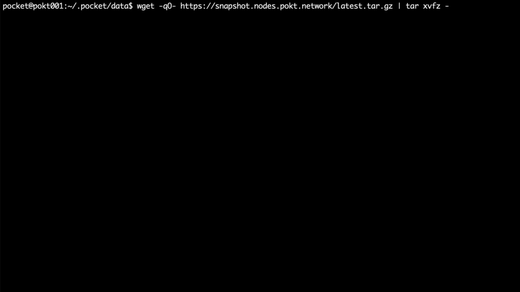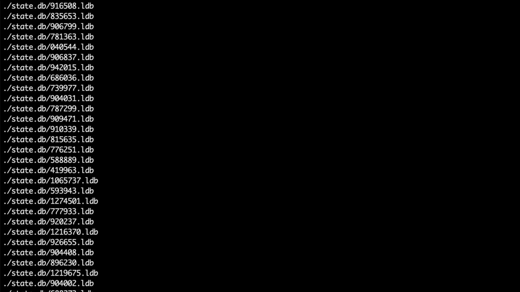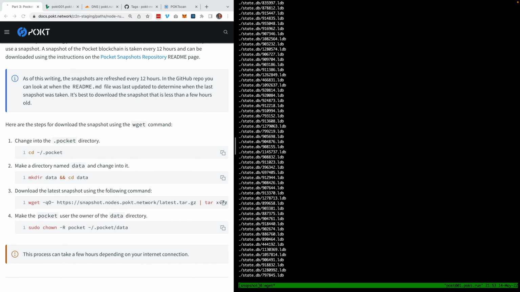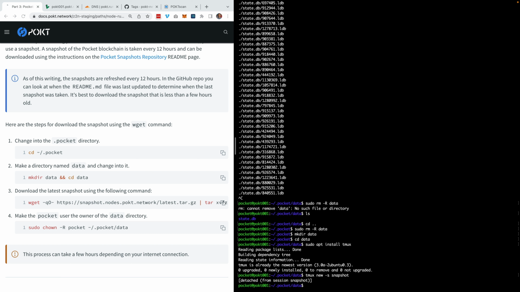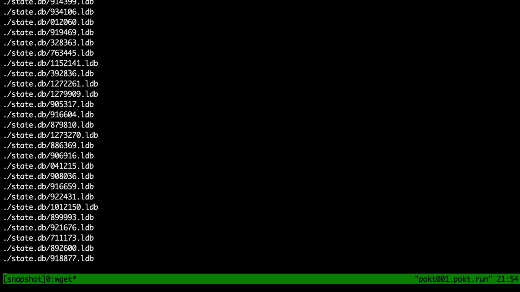And now this is running in the tmux session, and so I can get out of this by going on my keyboard Control B and then D, and then this brings me back to my regular terminal session. And if I want to get back to the tmux terminal session, I can do tmux attach and then -t for target, and then the name that we gave it, snapshot,